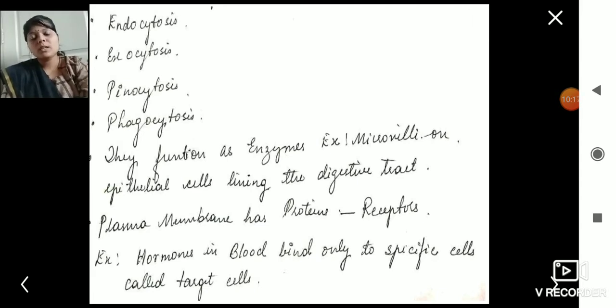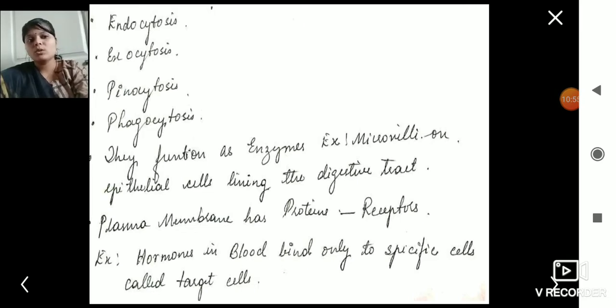Correct. What are the functions of enzymes? Enzymes do not get involved in any of the reactions, but they provide the surface area for the reactions to happen. So the cell membrane in the form of microvilli acts as enzymes, because it provides a larger surface area for digestion. Because of the microvilli, we have a larger surface area for digestion, isn't it? Have you seen the intestinal foldings? So microvilli foldings are happening there inside. That's how it helps us as enzymes.